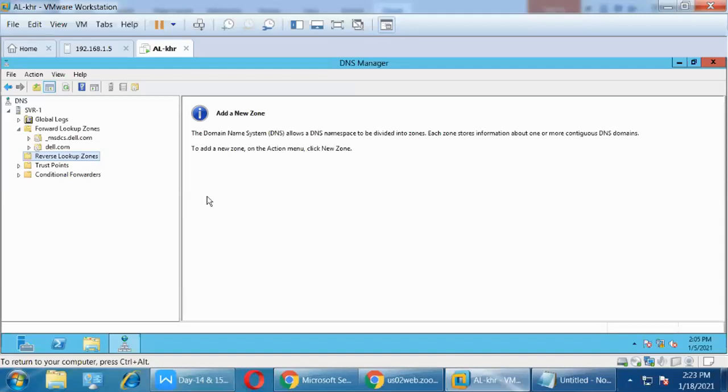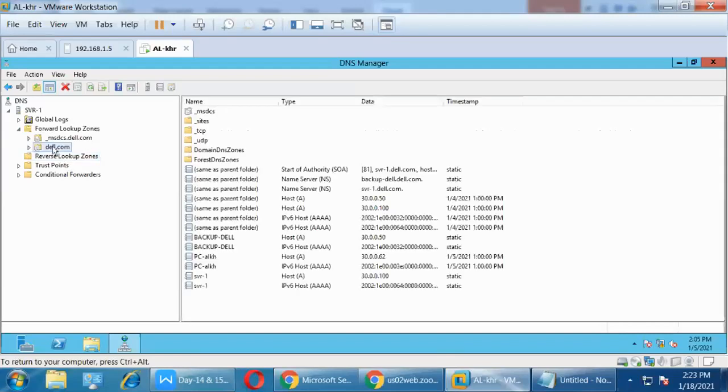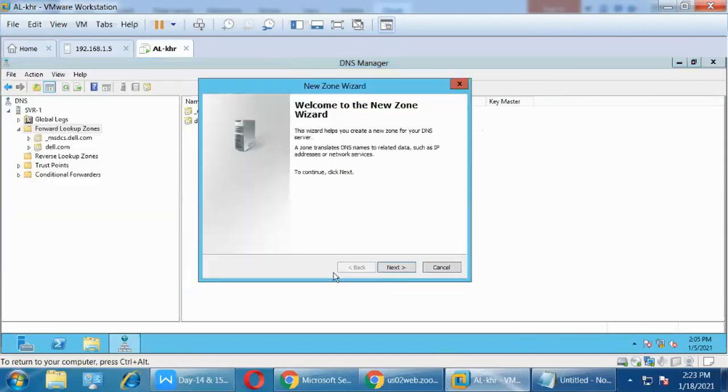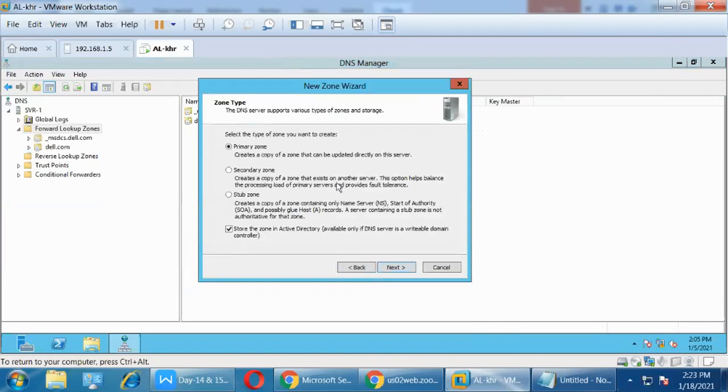So here, see, forward lookup zone and reverse lookup zone. This is the primary zone. Suppose I want to create a zone: right click, new zone. When I click, there are options: primary zone, secondary zone, stub zone, Active Directory integrated zone. If I select primary, it will create the primary.